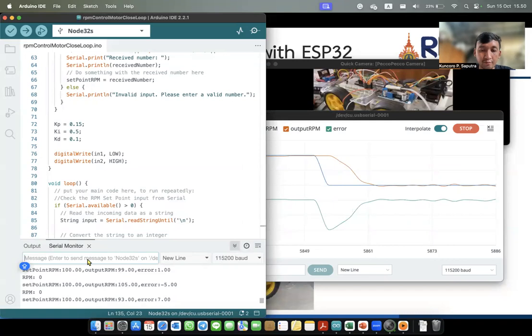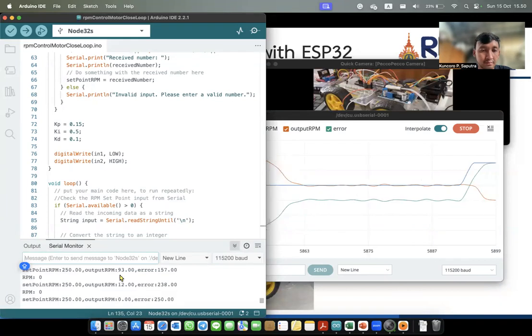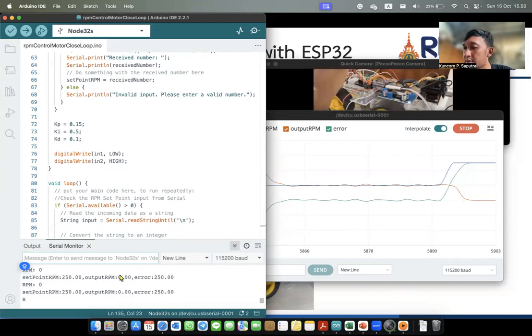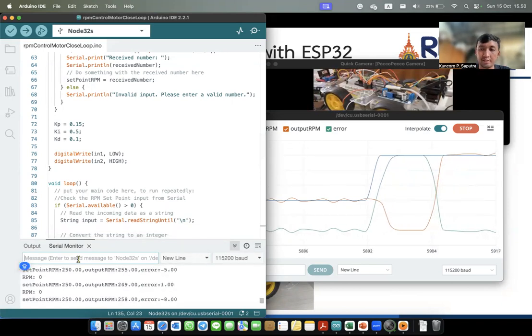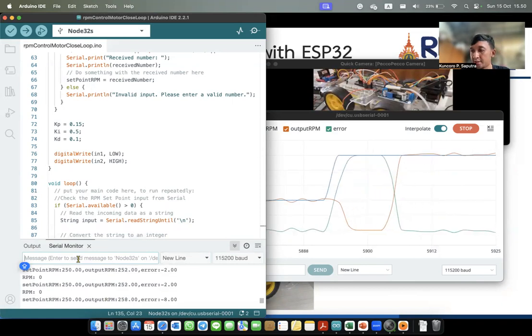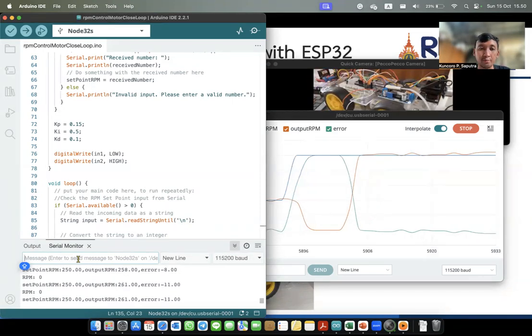For example, I set 250 again, and maybe I change it again because I had trouble with the power supply.